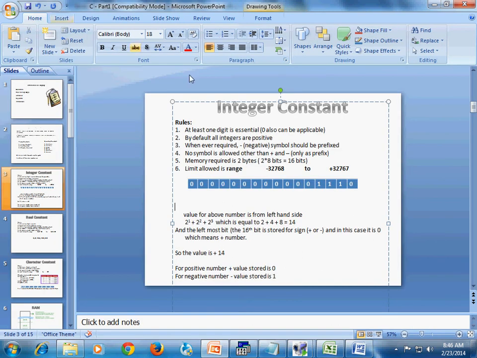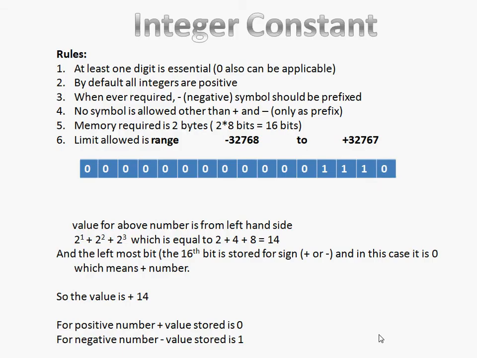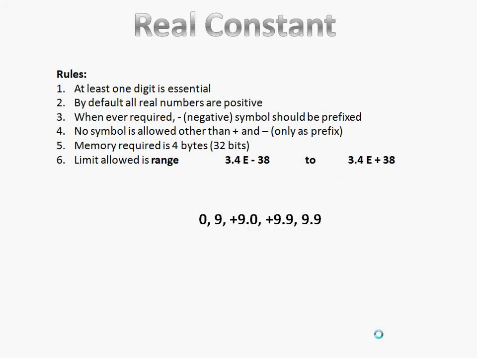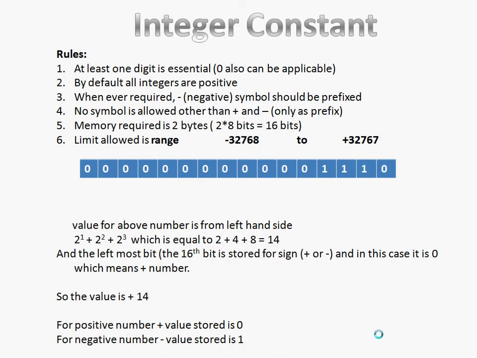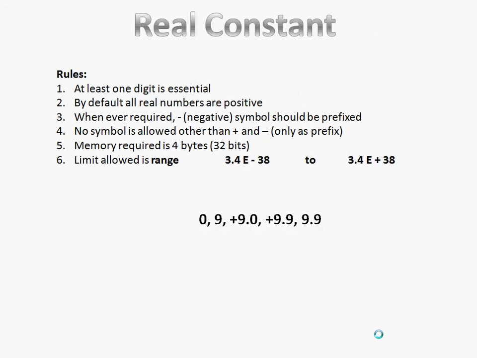Okay, this is about integer constant. Now we will go into the real constant. There may be scenarios where we need to calculate including the numbers which are out of range from integer values. In integer we have range only from minus 32,768 to 32,767. Say we have a requirement to use the values more than that, then we will go with the real constant.